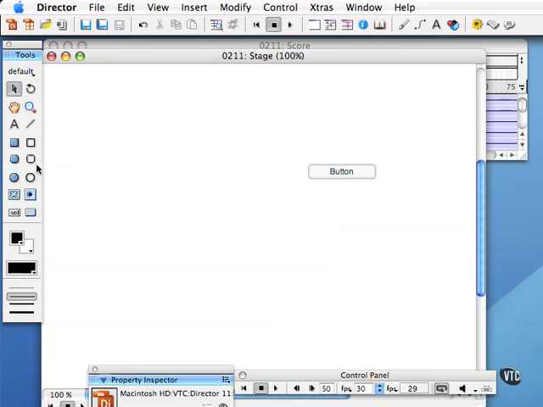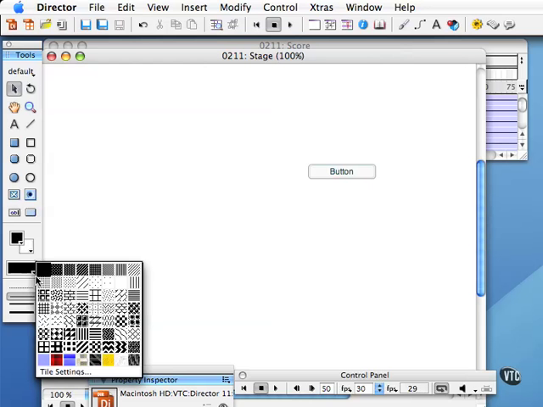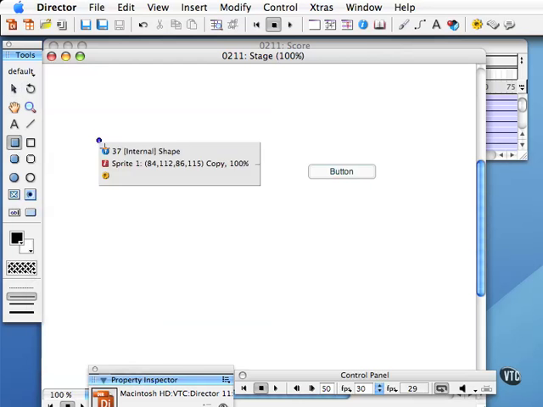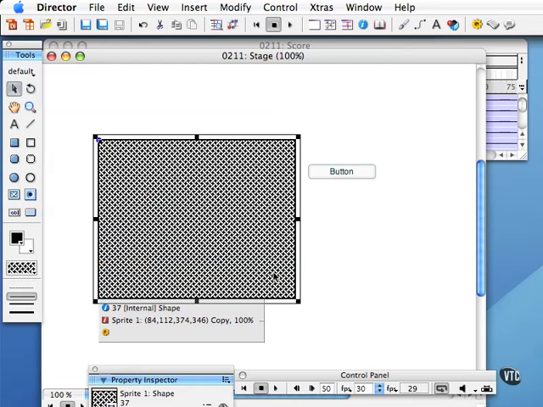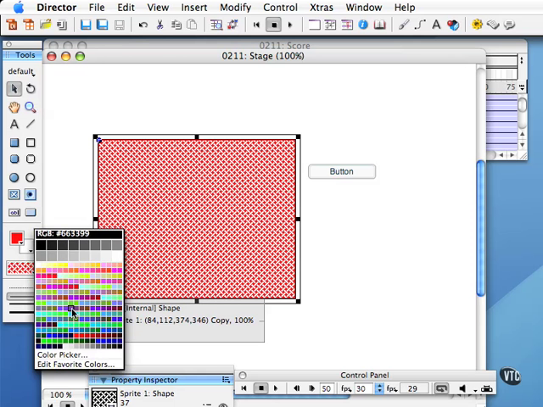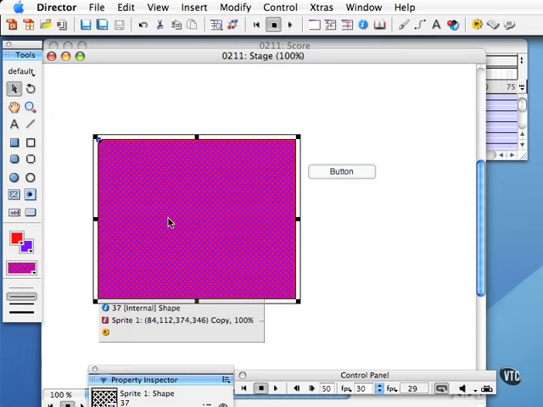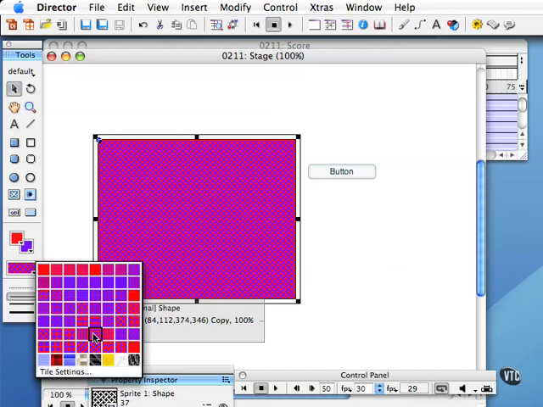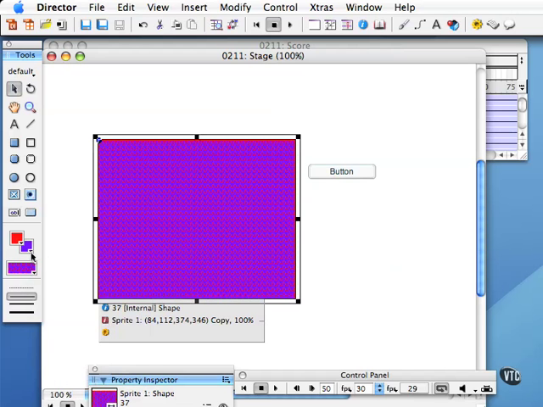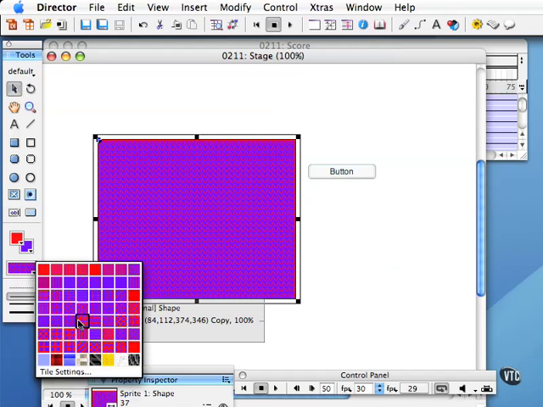And lastly, at the base of the tools window, I have my color chips, foreground and background, as well as my texture chip. You'll use the foreground and background color chips when you do textures. Notice that my foreground and background is black and white, so my texture uses those two colors, but I can change those. Let's change this to a bright red, and let's change the white to a bright blue, and you can see that the colors change in that texture. You can also use the texture chip here. There's some different textures using those two colors,